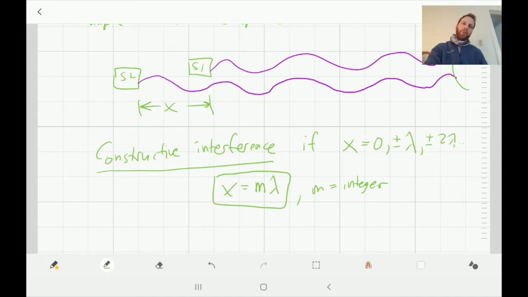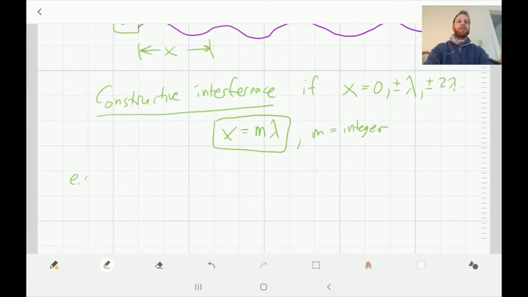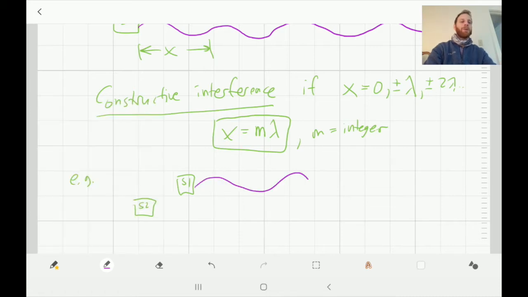On the other hand, you could picture the second speaker being offset by half a wavelength. And let's just draw that picture. Another example. You got S1 over here and S2 over here. Speaker 1 making its nice 440 hertz or whatever the sound is. Now imagine this one is making a sound that does this. So its trough lines up with that peak, its peak lines up with that trough, etc., etc.,